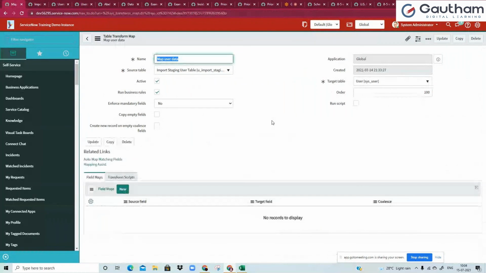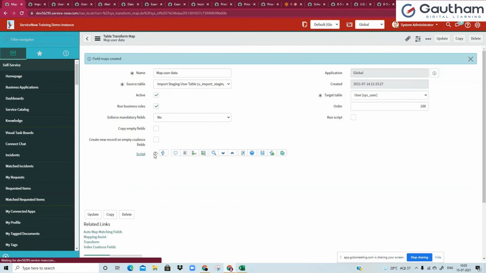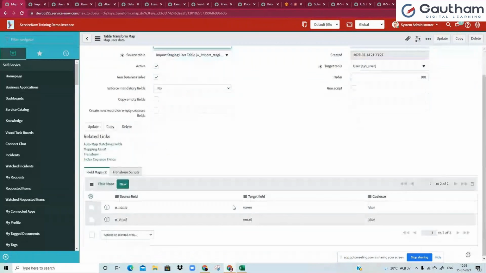And the other way is seeking the help of ServiceNow's intelligence to map it on its own. So we say auto map matching fields. When we click that, let's wait for a second. It will automatically map fields. It will not ask for our suggestions. You can see that